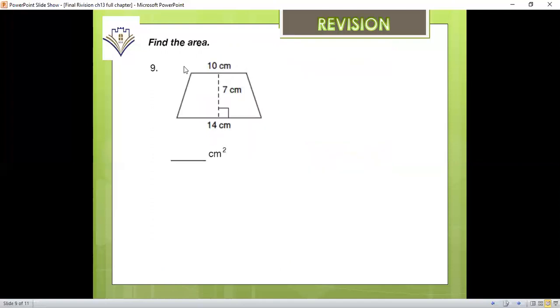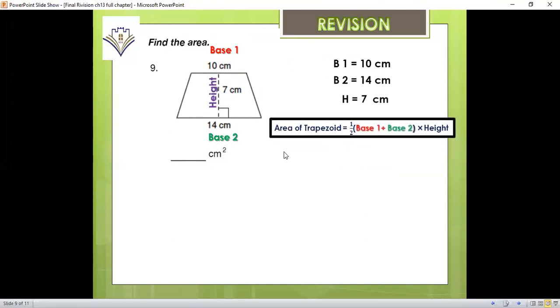Find the area of this trapezoid. We have base 1 is 10, base 2 is 14 centimeters, and the height is equal to 7 centimeters. Our formula is: the area of a trapezoid equals half, base 1 plus base 2 in brackets, multiplied by height. By substituting B1, B2 and the height, we have half multiplied by